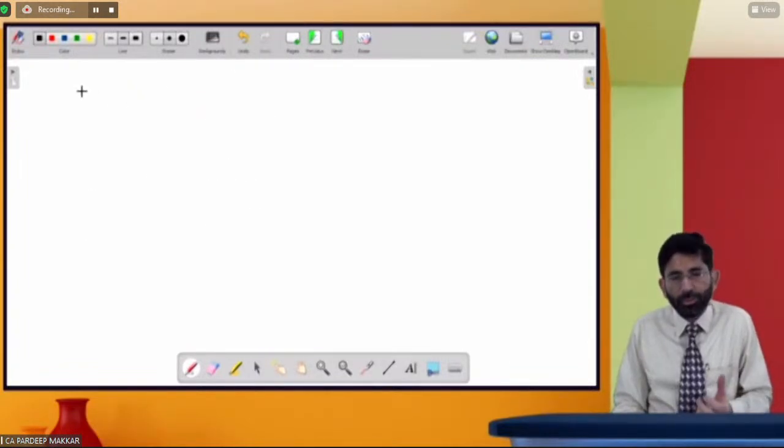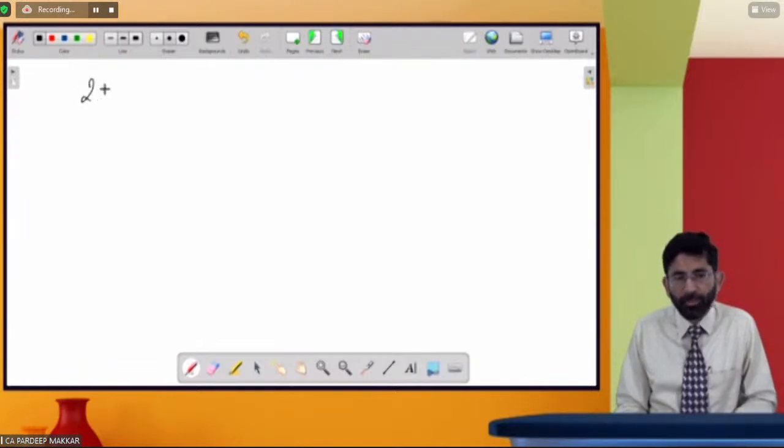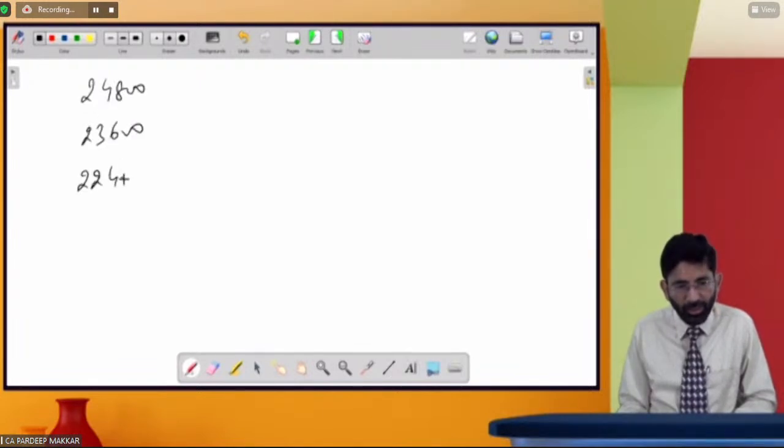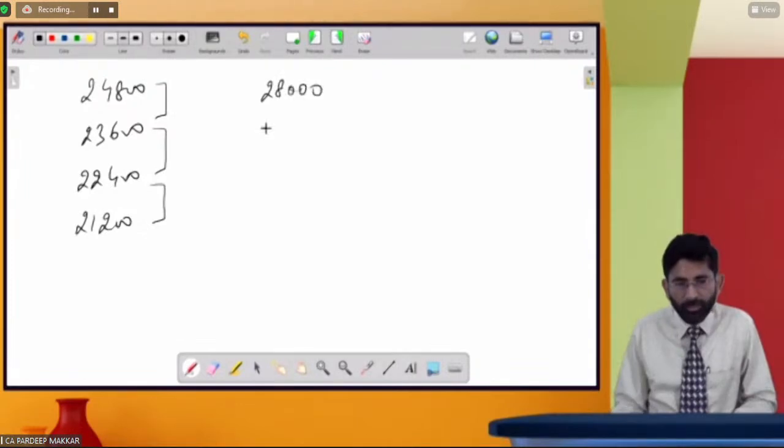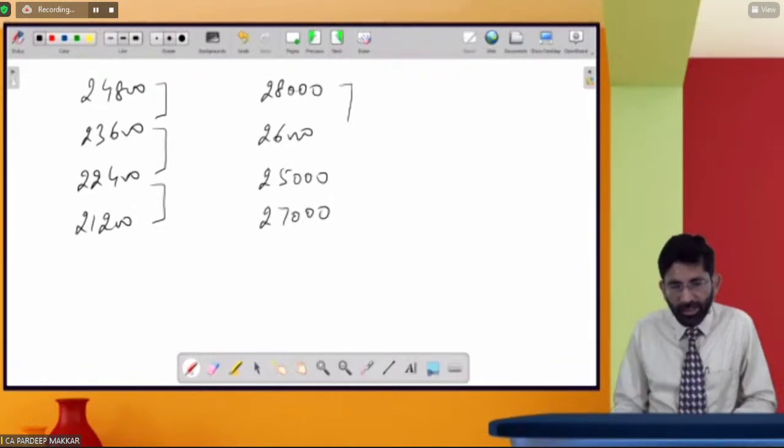ये जो इंस्टॉलमेंट्स हैं दी हुई हैं, बड़े प्रोपोर्शन में दी हुई हैं। कैसे दी हैं? 24,800, 23,600, 22,400 और 21,200। तो हमने देखा इनमें गैप बराबर है। बट अगर ये गैप इक्विवेलेंट ना हो, मैंने चेक किया, ये गैप तो इक्विवेलेंट है, बट अगर ऐसे आ जाए 28,000, 30,000, या चलो डिक्रीजिंग ऑर्डर में ले लेते हैं, कोई दिक्कत नहीं है, 26,000, 25,000, 27,000। अब मैंने चेक किया गैप, इन दोनों में जो गैप है वो तो 2,000 का है,